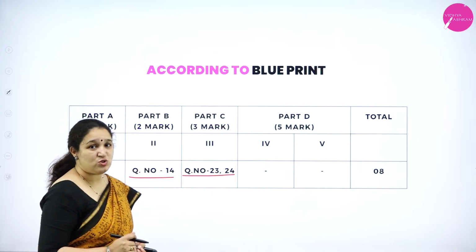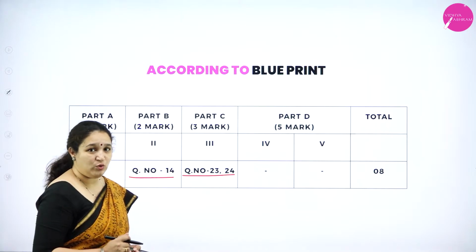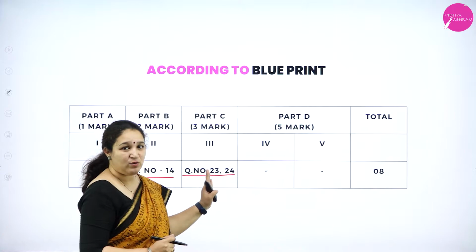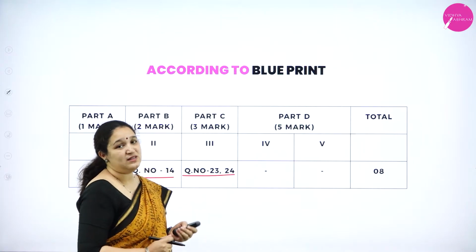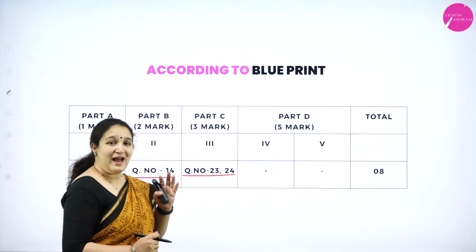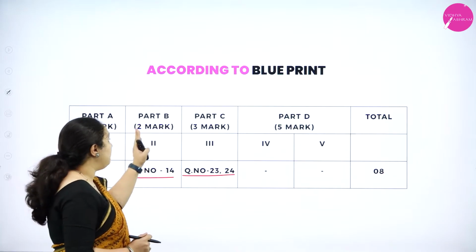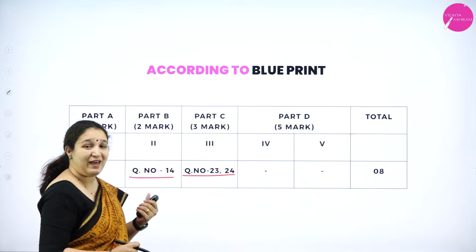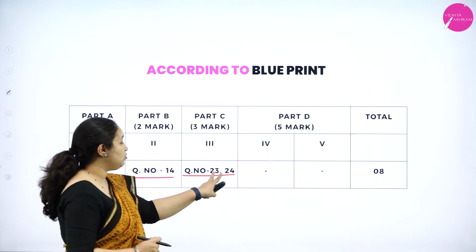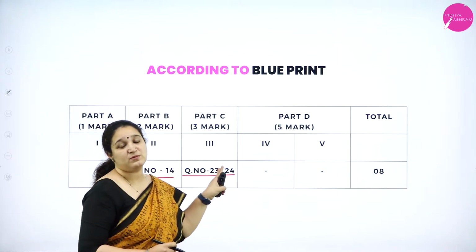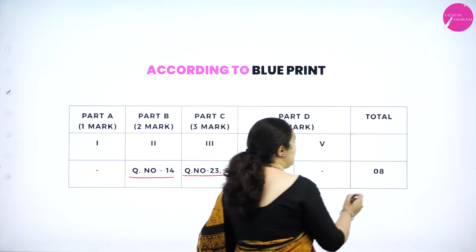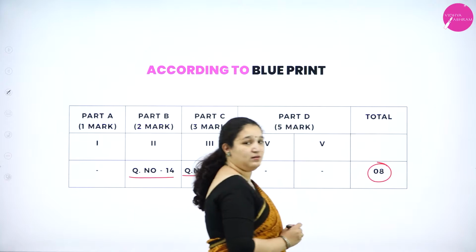As this belongs to the inorganic chemistry group, we have only part C, that is 3 mark questions, and part B, that is 2 mark questions. And usually it is observed that part B, the 2 mark question, usually has the question from F block elements, and these 2 questions are the ones which come from the D block elements. So the total weightage of the chapter is 8 marks.